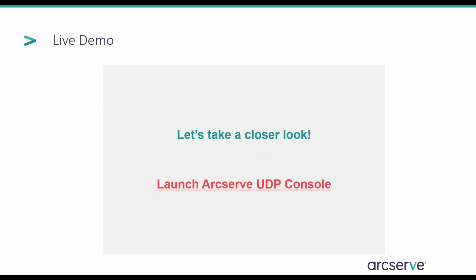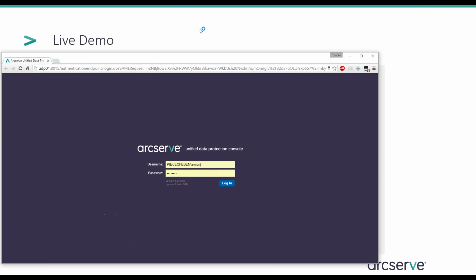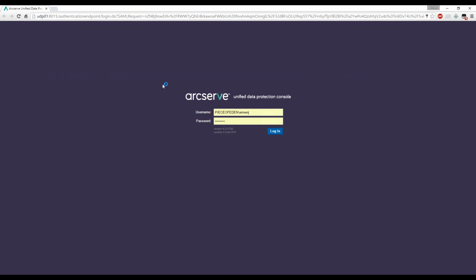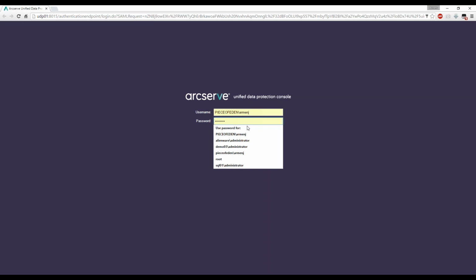So without much further ado, let's get straight into the demo side of things. What I'm going to do first is open the Arcserve UDP console. So if I open the console and I'll log in,